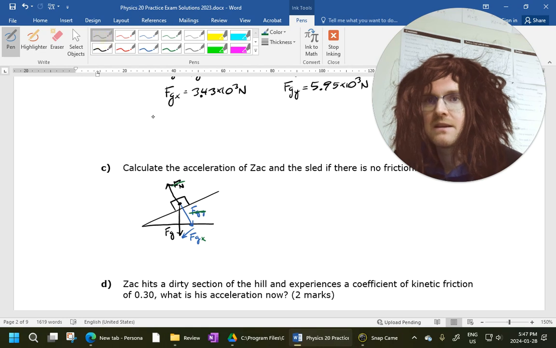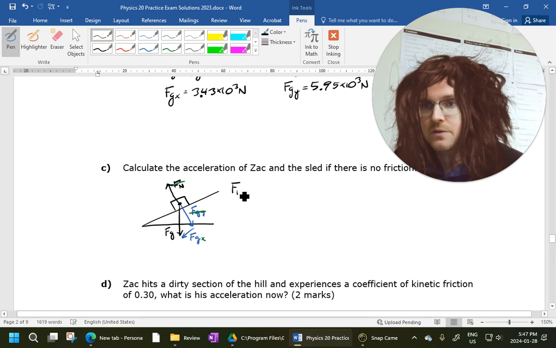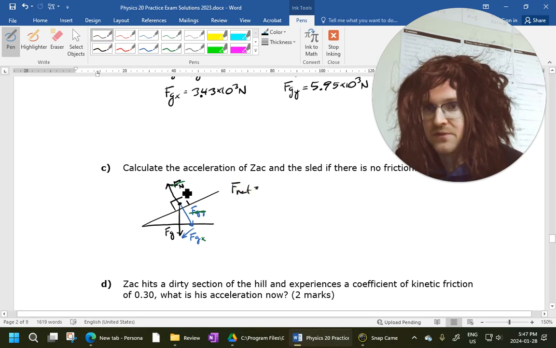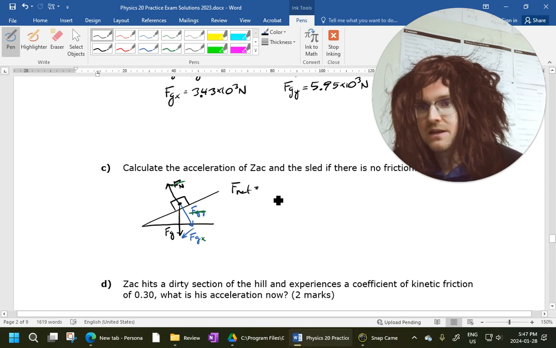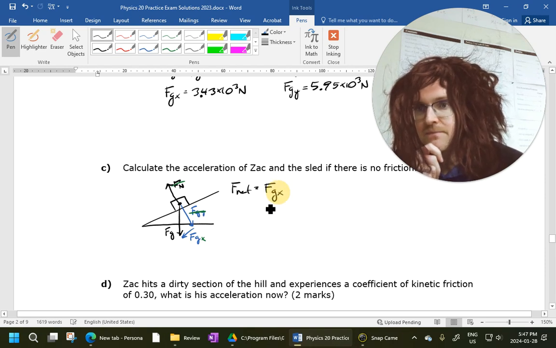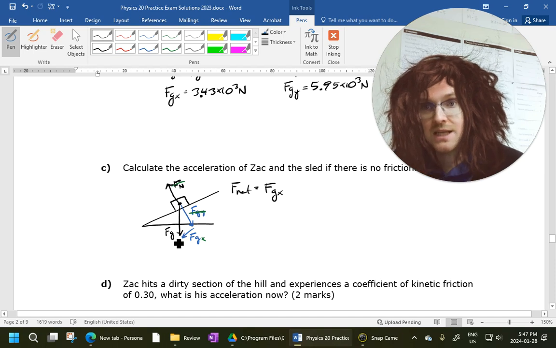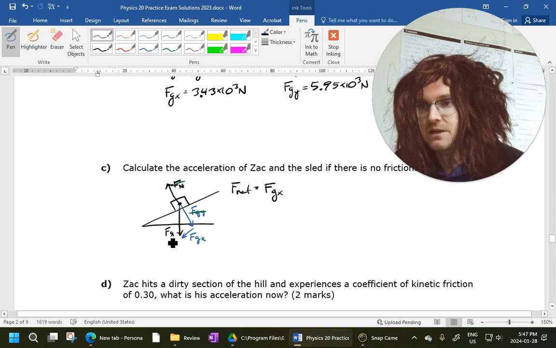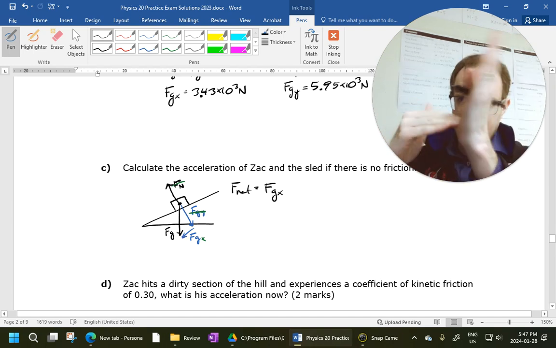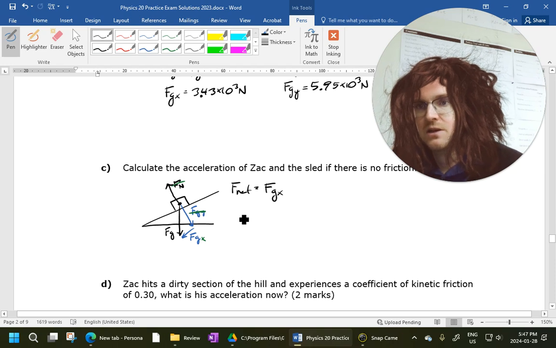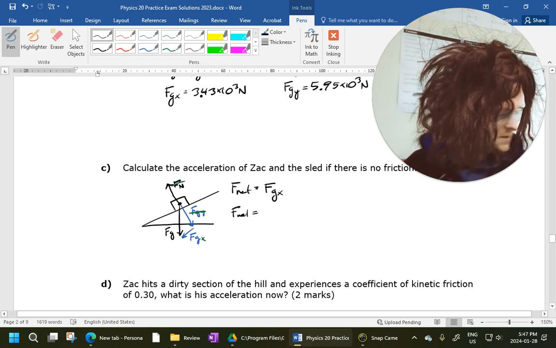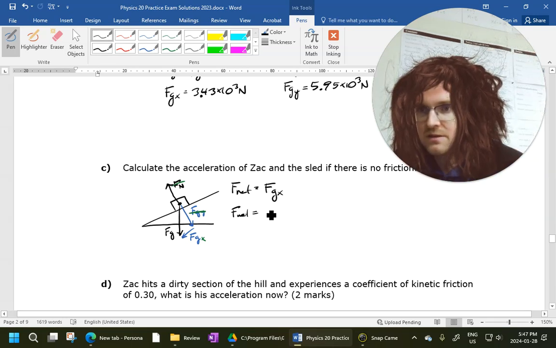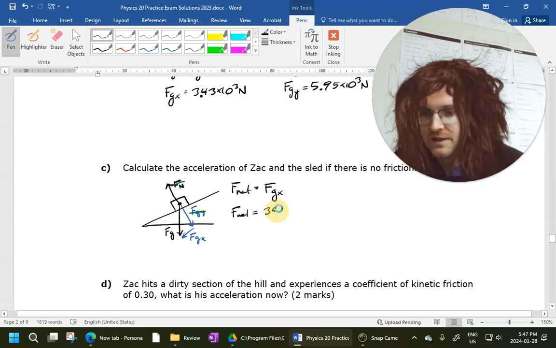So my F net in this situation is the sum of the forces, but FN and FGY cancel out. It's just FGX. That's it. We don't use FG because we broke it up into its pieces. We cancel out a piece of FG, it's gone. Right? So we don't actually use FG in our calculations. We only use those perpendicular pieces there. So my F net is, that FGX is up here, so that's that 3,000 number. And that's just from the top of there,